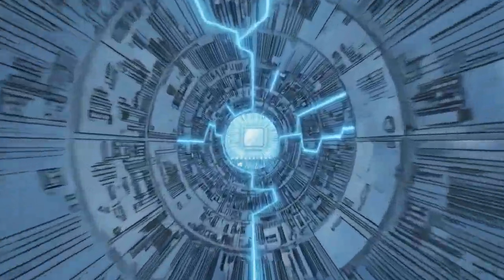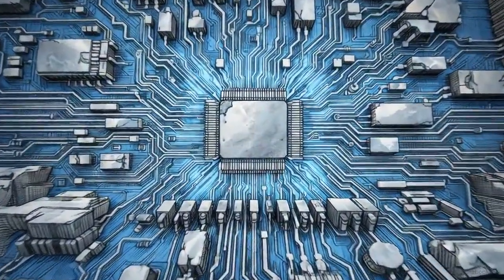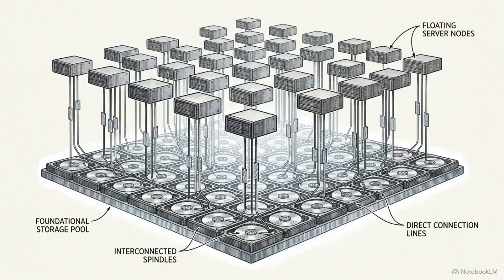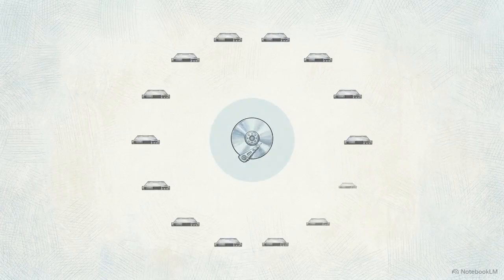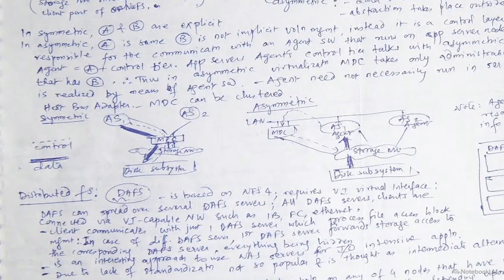The final requirement is an overarching software architecture capable of orchestrating this freedom. The pinnacle of this evolution is the shared disk file system. It provides the low-latency speed of a locally attached block drive with the cluster-wide simultaneous access of a standard network file share. This diagram of symmetric virtualization maps out why early attempts at this failed. Both the administrative control requests and the heavy data payloads are forced through a single central point, the metadata controller. The central hub immediately bottlenecks under heavy load.